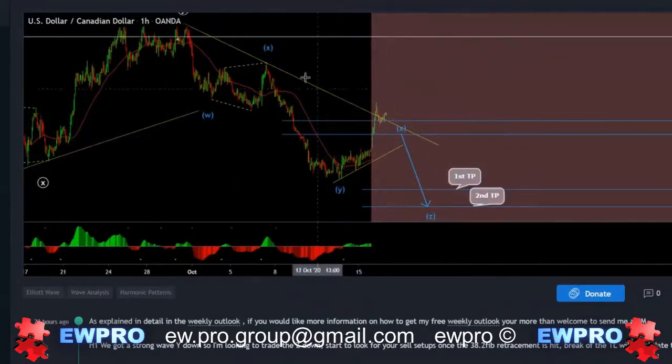So it still can go down and break this low, because it will have bear hidden divergence at this stage on the H1 chart, but the structure itself has changed. So then